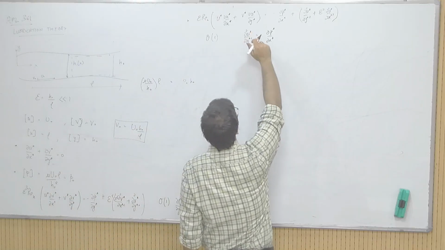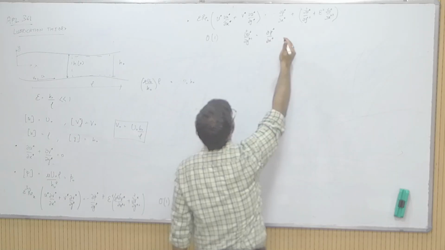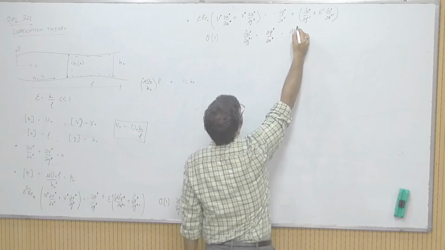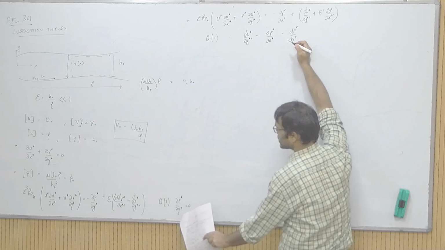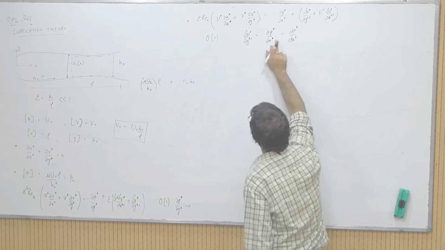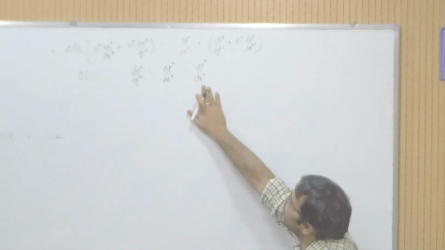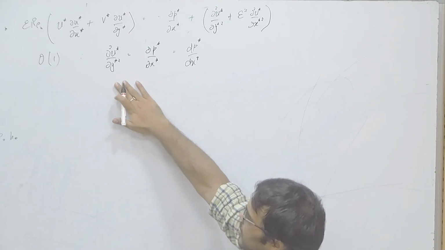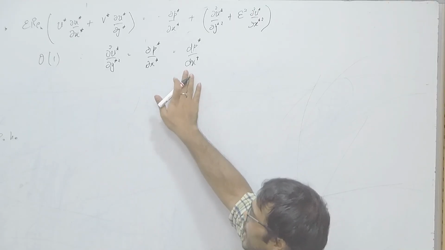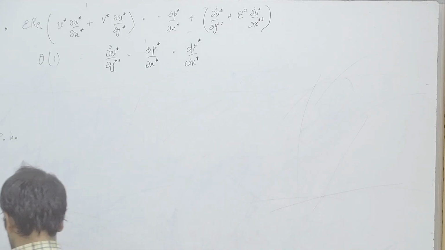So del star del 2 u star by del y square equals this. Even though you can write this as dp star over dx star, because pressure is not a function of x at leading order, but it can be a function of x, which means that the argument that you usually give, this is just a function of x, this is just a function of y, so they are constant, that does not hold anymore. Actually pressure can have a non-linear variation in x, and that is what we had derived using